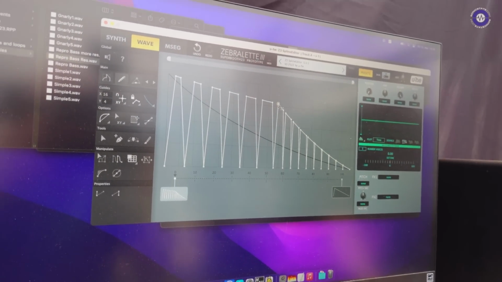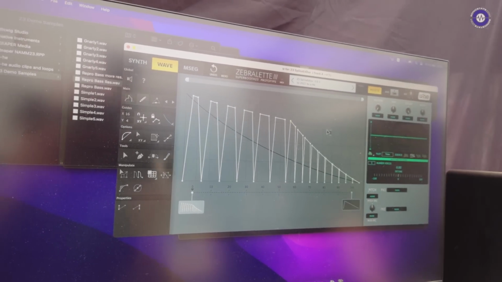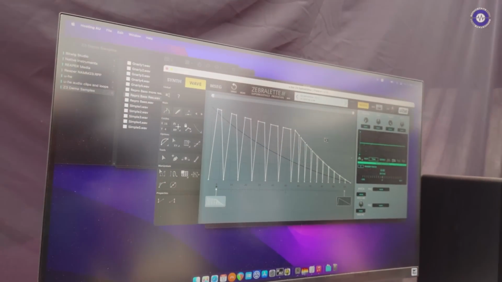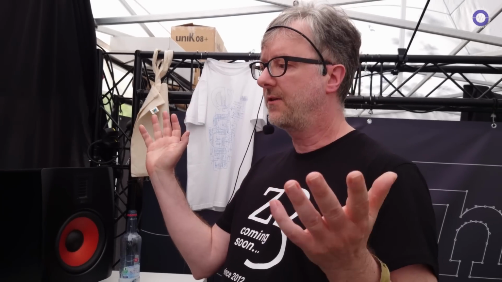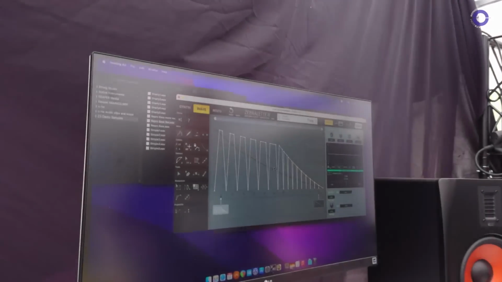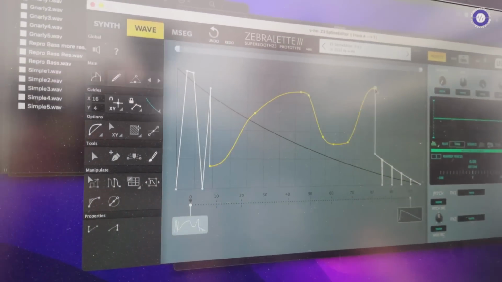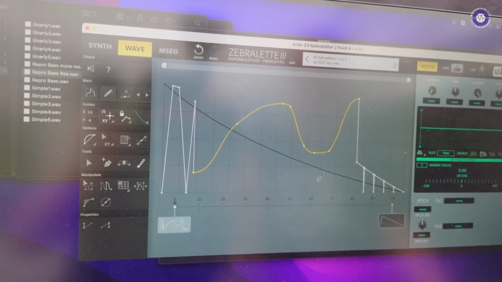And it's the same for oscillators as for MSEGs or any other type of curve. So it's just the scale, I suppose, of the time domain that's the difference. Yeah, basically, indeed. In one editor you can set loop points and things, and one editor goes almost endless, and this one is always within a certain time, one cycle of a waveform, right? And there's stuff like that where you can quickly draw things,